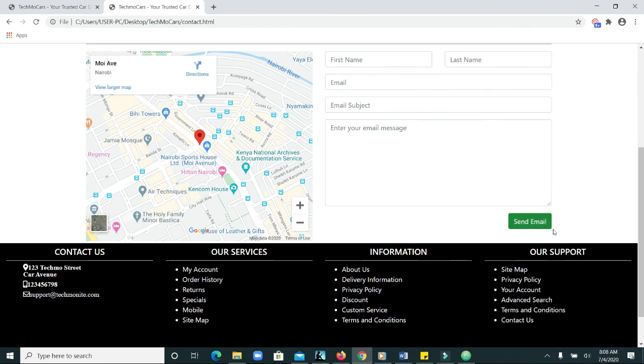So we'd rather leave it as a submit button, and then we can apply some additional styling